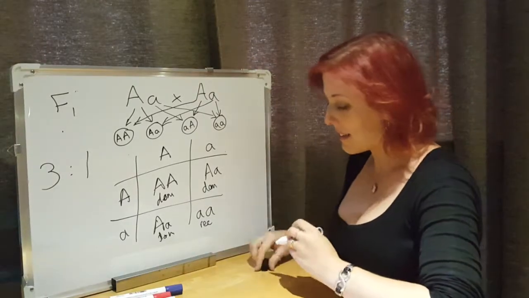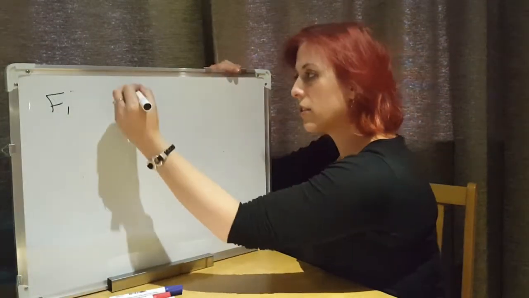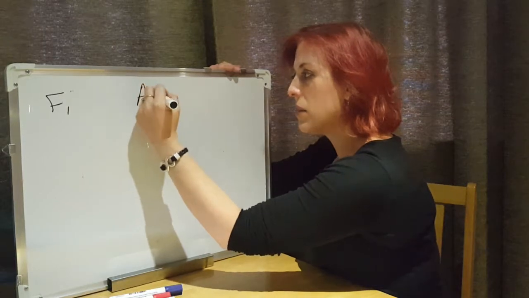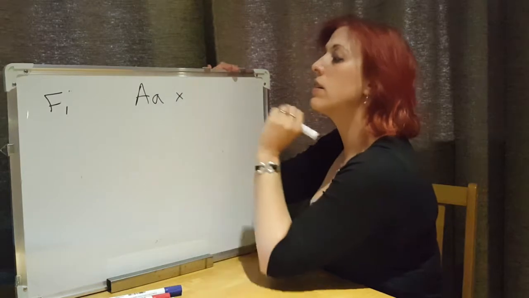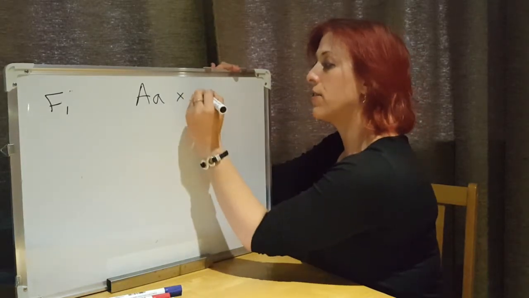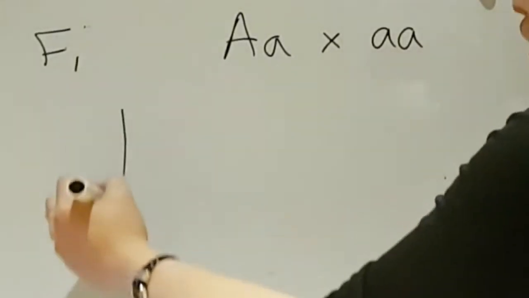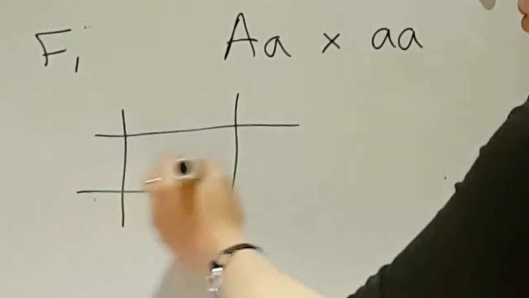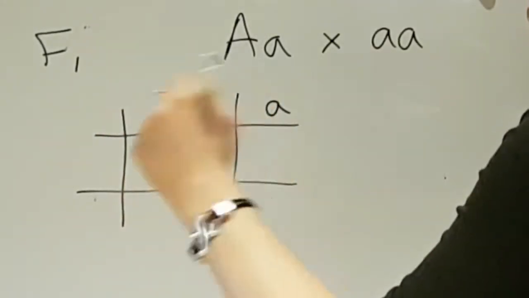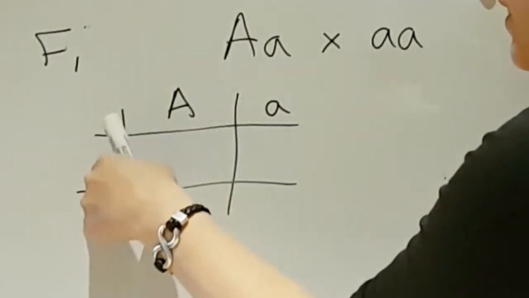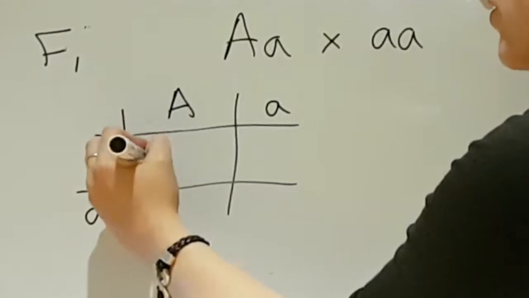You sometimes get test crosses that are a little different. Let's look at a test cross between a member of the first filial generation and the true breeding recessive form of the organism. If we look at our Punnett square, I'll do it a bit smaller, we'll have a big A, dominant allele here, and a recessive allele here. And then this parent contributes only the recessive alleles. So we get